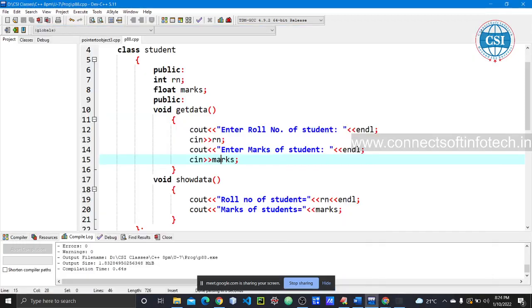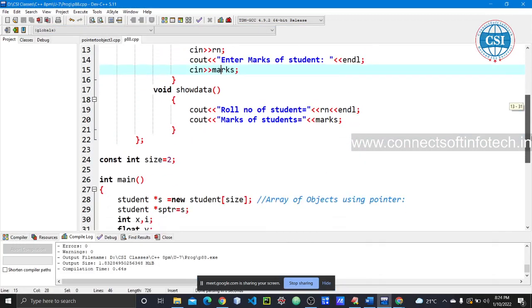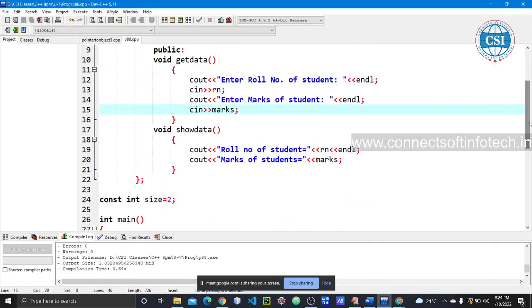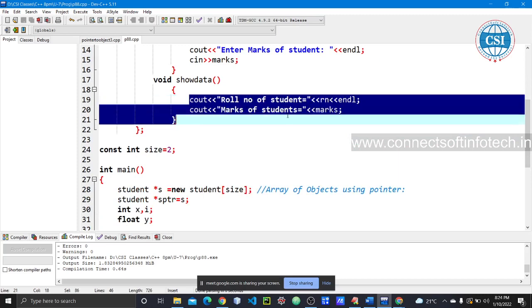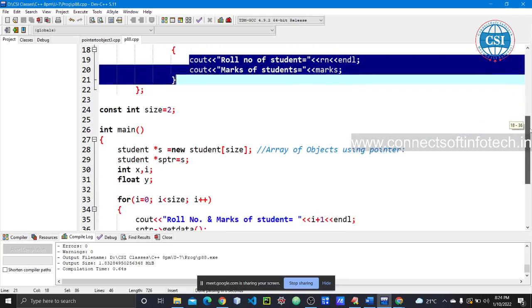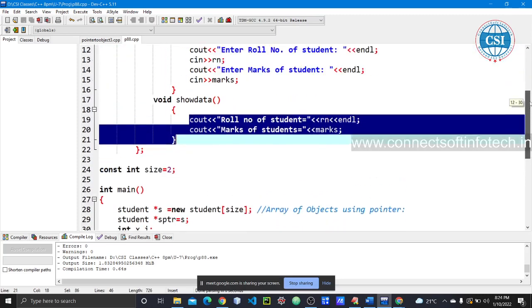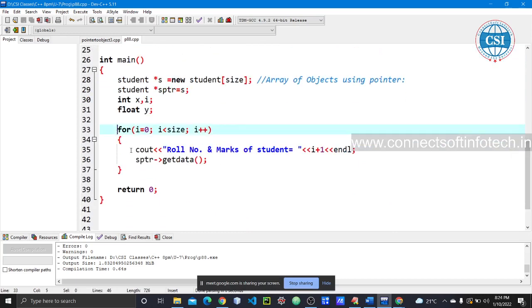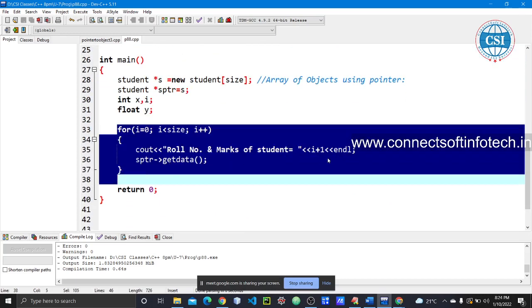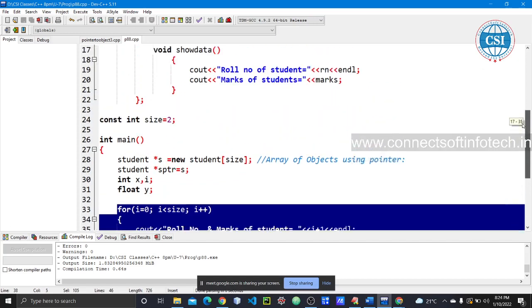So for that purpose again we are going to implement this, right. What we need to write, show function, we are required to write the show data function. Okay, I want to show here whatever data you have entered for these student objects, right. So now implement once again, whatever you did with the for loop, we can implement a for loop for the show data function using this pointer, right.